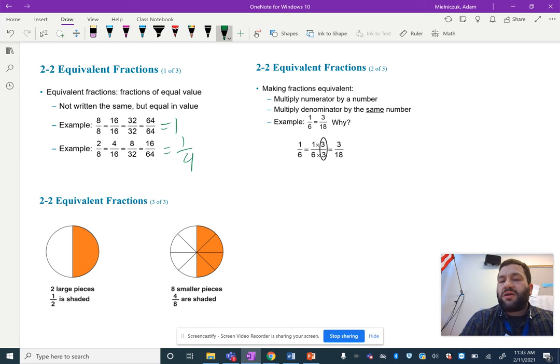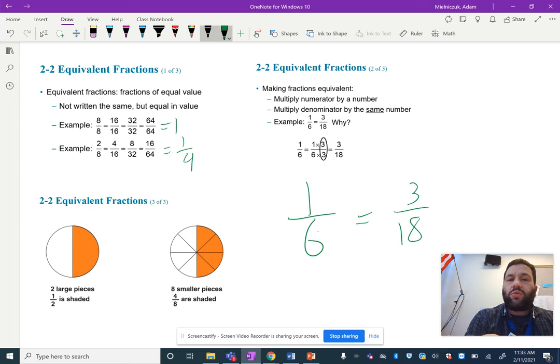Okay? Why does 1 over 6 equal 3 out of 18? Well, if we wanted to prove it, what would we multiply the denominator or the numerator by to get 18? Here it'd be 3. Well, if I multiply the bottom by 3 or the top by 3, I must do